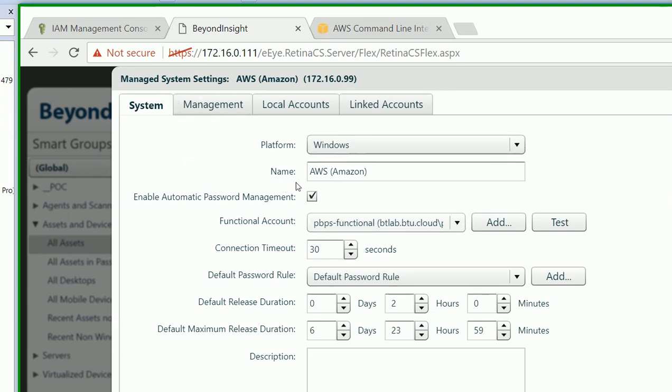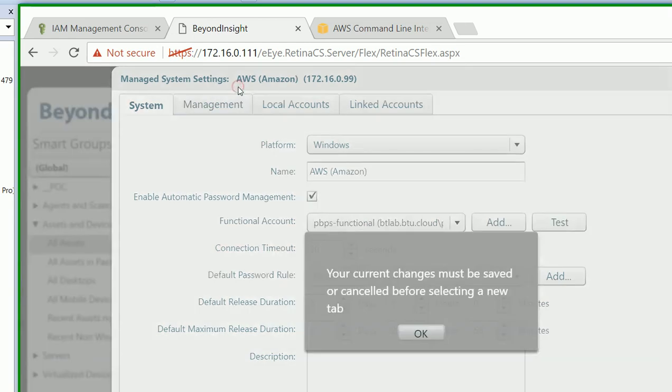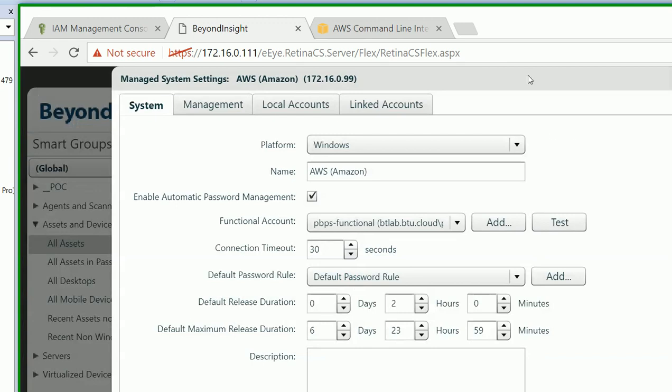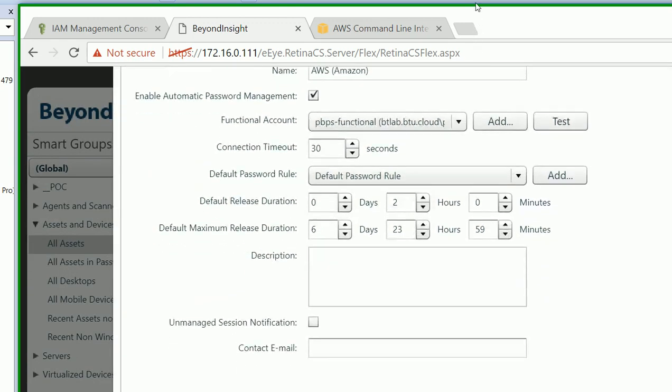based on the Windows platform. I linked it to a functional account, default password rule, and I think you can probably uncheck password management. We're not connected to the AWS asset for now. And in terms of my local account, so I'm just going to cancel these. So once the configuration is saved, you can